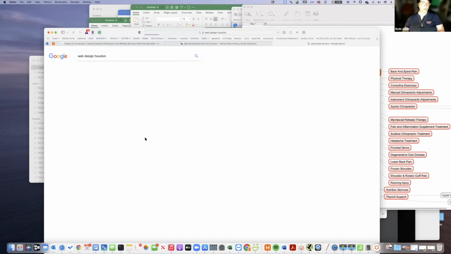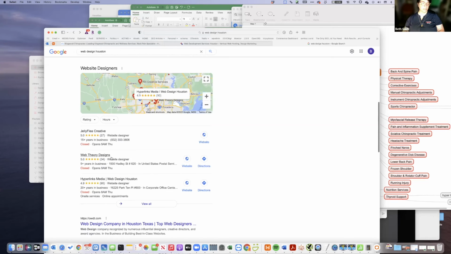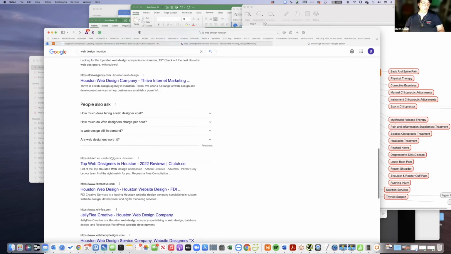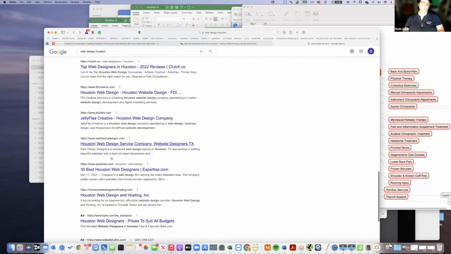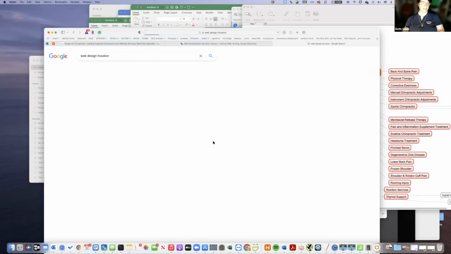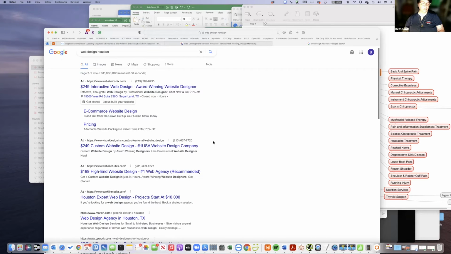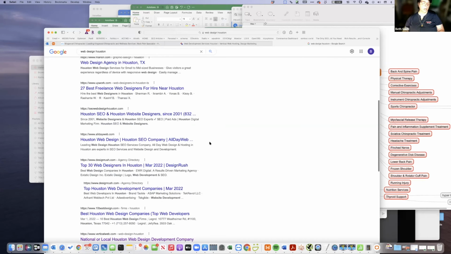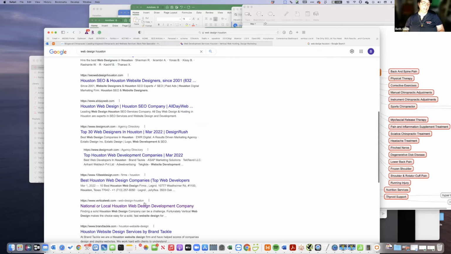But the map side of this is one set of situations. There's also the organic side of this. I think we're number 12 or 16 or something. We should be on this second page. We usually are on the second page. So you see I've landed on the second page.